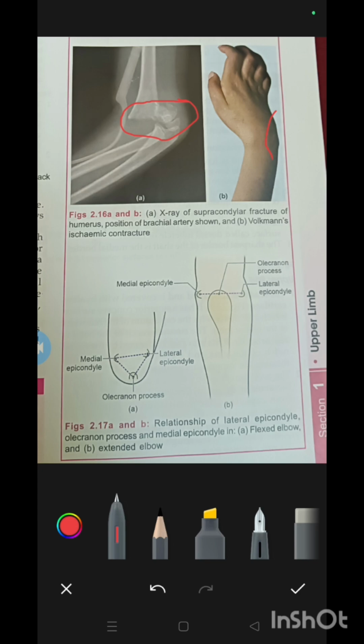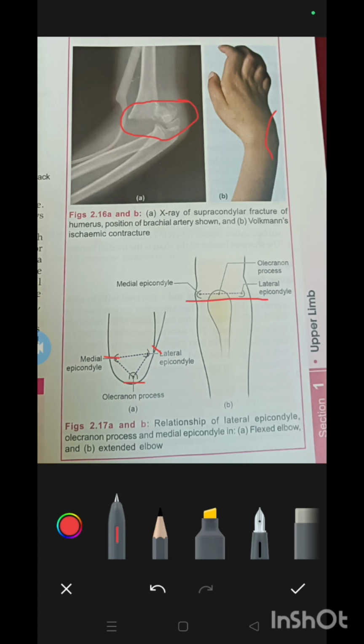The 3 bony prominent points of the normal elbow form a triangle in a flexed elbow and are in one line in an extended elbow. Here, the 3 bony points of the normal elbow form a triangle in a flexed elbow, and are in one line